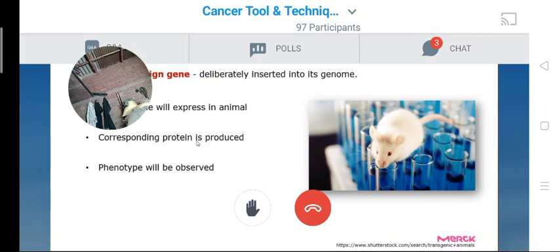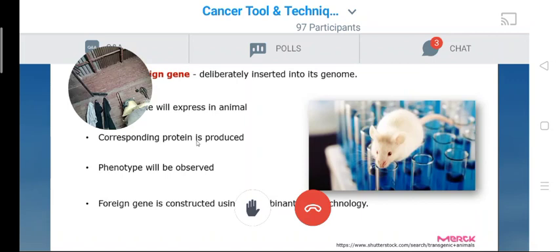So you are expressing a human disease gene in an animal. Once you are expressing that disease gene, what happens? The disease gene will code for a protein, and that protein will exert its effect in the animal, and you will see the phenotype, right? So in transgenic animal models, we are expressing a disease gene. It could be a human disease gene or something else. You are expressing it in an animal, and then you see what happens to the animal when the protein is produced inside the body, right? The foreign gene can be constructed using recombinant DNA technology.